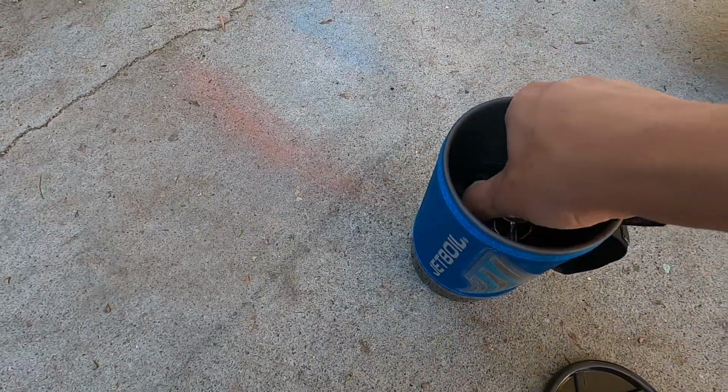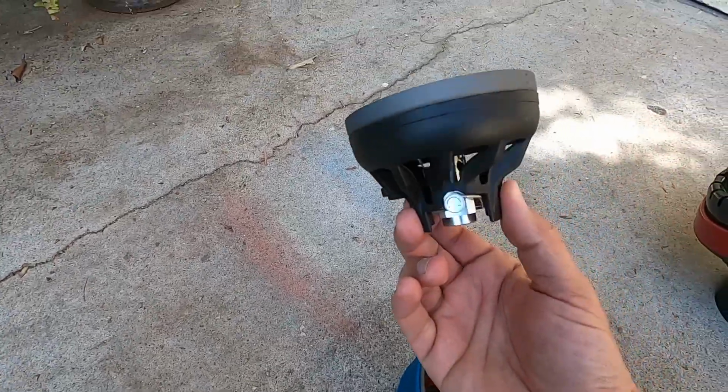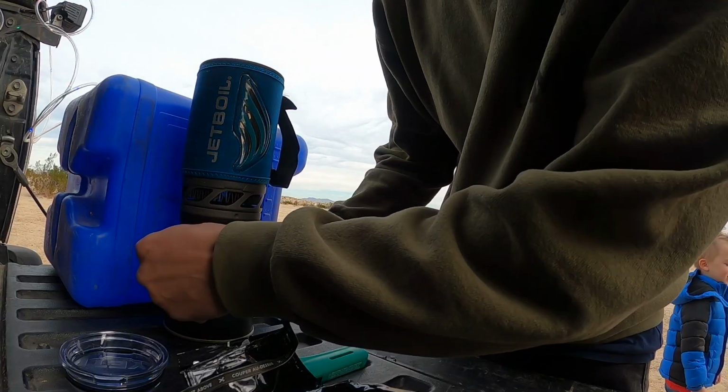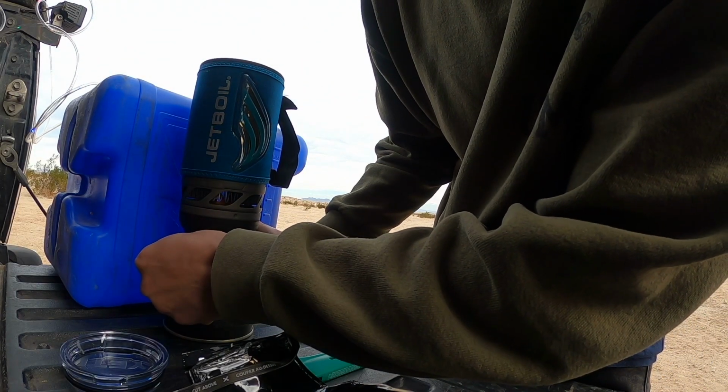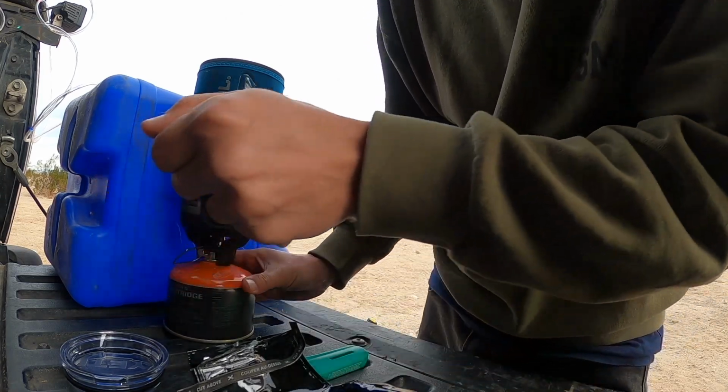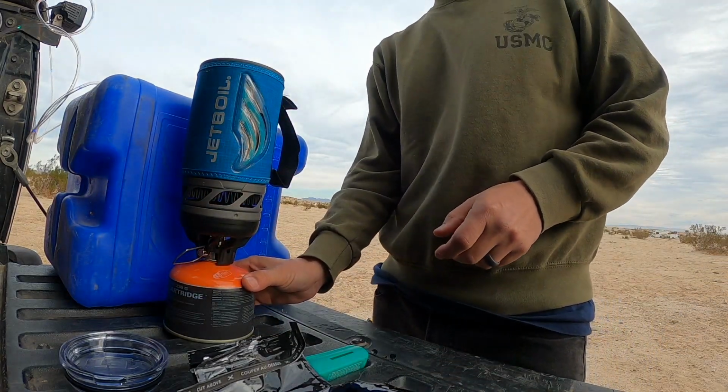Had this nice little gas lighter here. Just hook it up to the bottom side there, turn the gas on, little flame comes out, stick the cup right on top. And what's cool about this one is it actually has a heat gauge on the side, so when it's